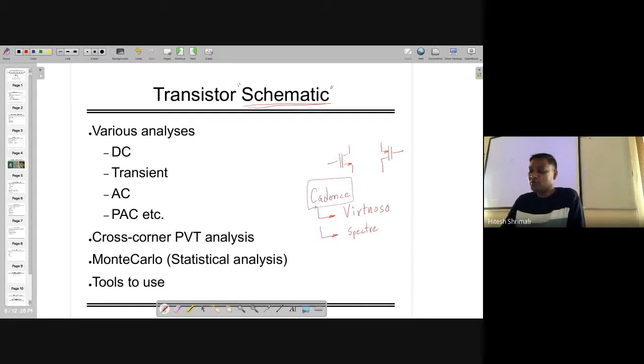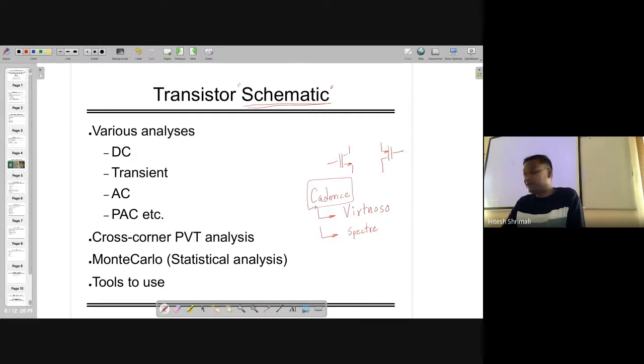So this tool is very important. It's an industry standard tool. If you go to any company, like ST Microelectronics or TI or Qualcomm or any place, if you want to do any IC design, Cadence is the primary tool which you have to use. It's one of the expensive tools, right? And if it is not in a university program, it's as high as 1 crore for one license.